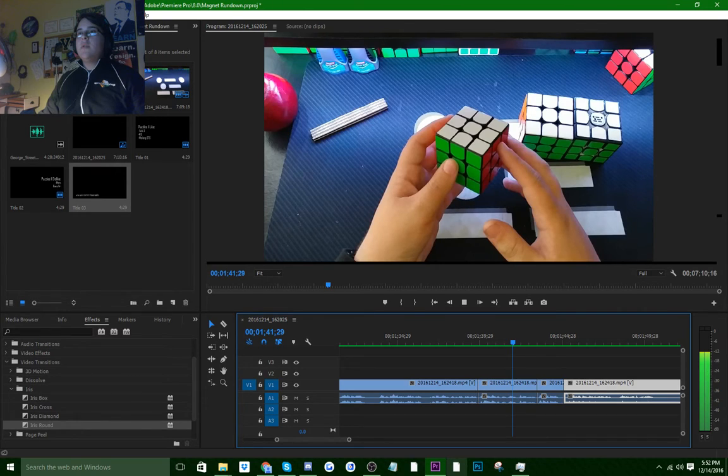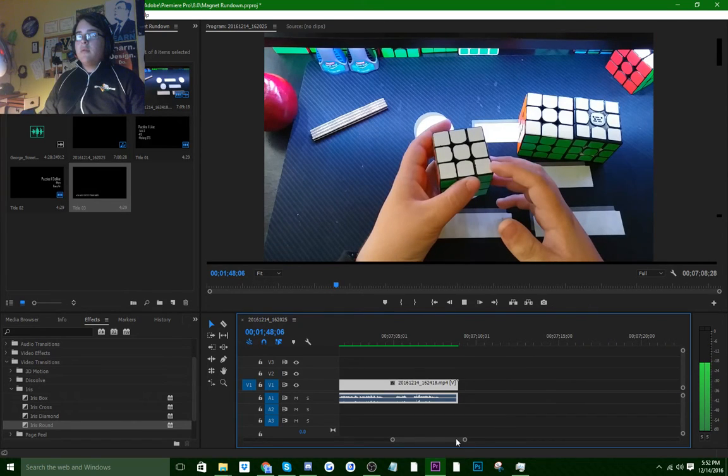This is not the first puzzle I would recommend magnetizing, because it is a split piece design. There are basically two different types of puzzle constructions. There's the split design, where the piece is split down the middle and you can take it apart, or there's a cap design where